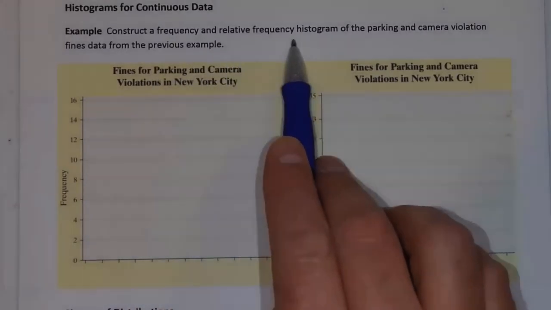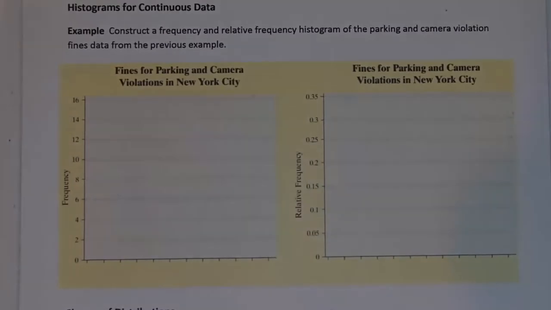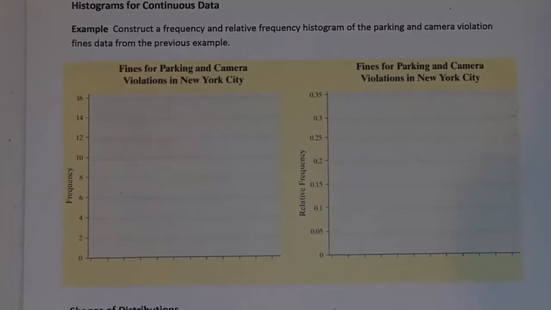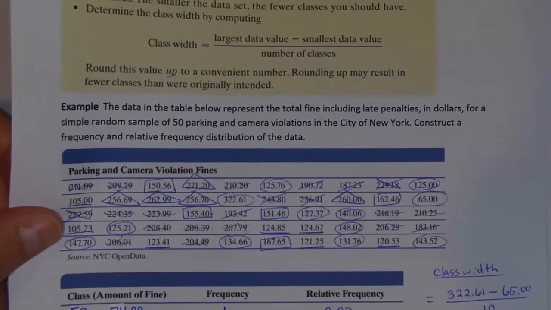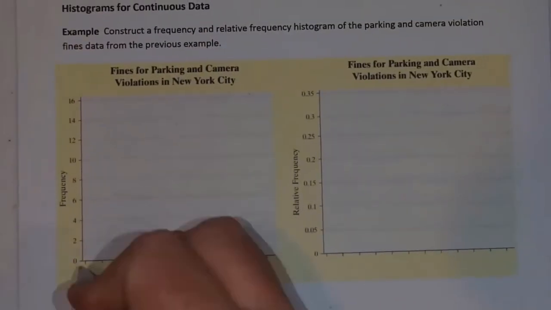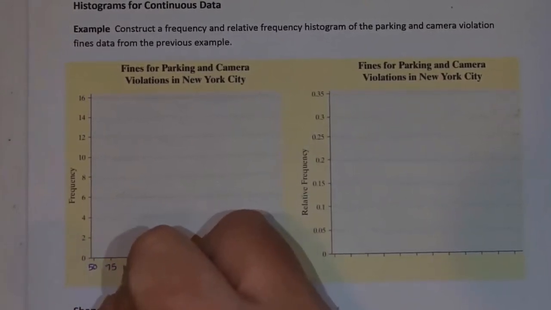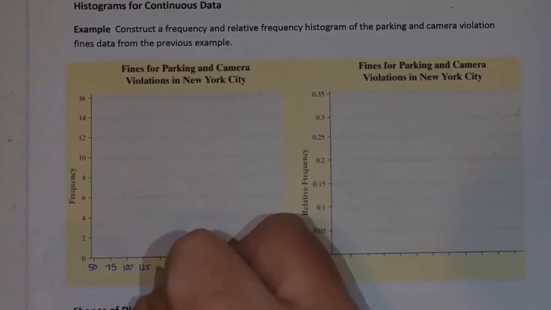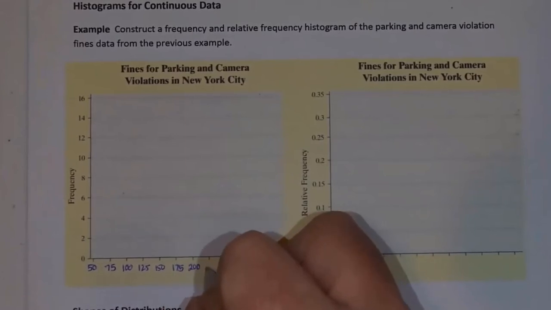I want to construct a frequency and relative frequency histogram of the parking and camera violation fines data from the previous example. So here's how I do this. I'm going to label on the horizontal axis here the lower limits of each class. My first lower limit was 50, so I'm going to start here with 50. And then my next lower limit was 75, and then 100, and so on. 125, 150, 175, 200, 225,